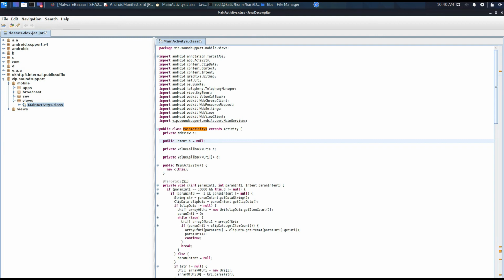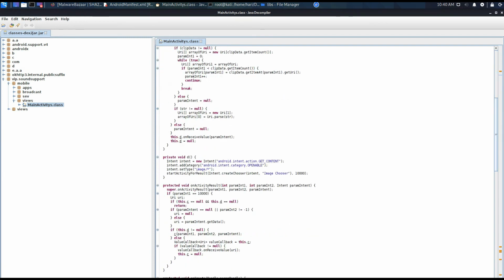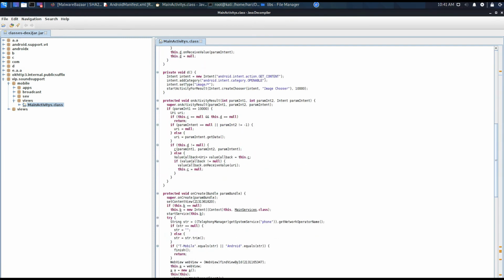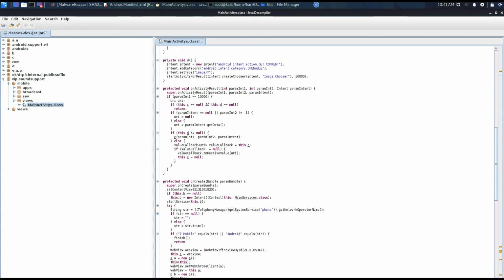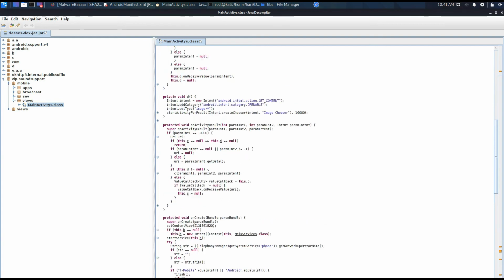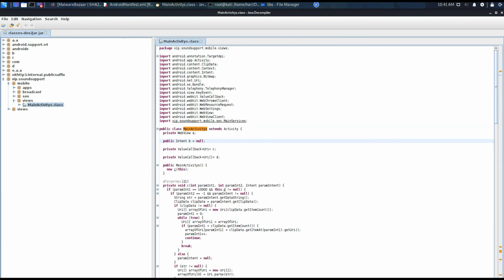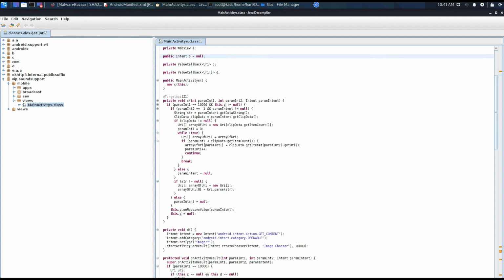And also, if you remember from Android development, whenever an application is launched, the main thing to look at is the onCreate method. This is a method that will be loaded from here. Okay, from here we can observe the variable b, where they have obfuscated the code, so it will be a little bit difficult for us, but don't worry, we can analyze it. So they are using one intent.